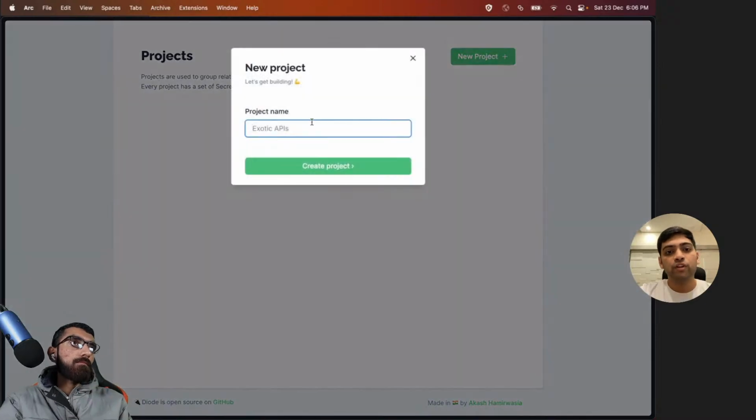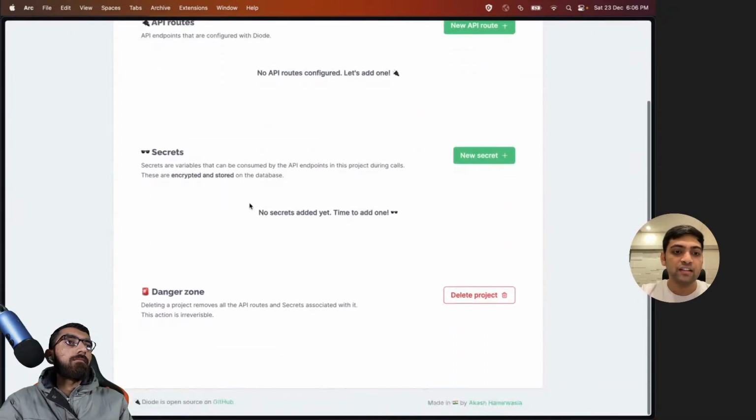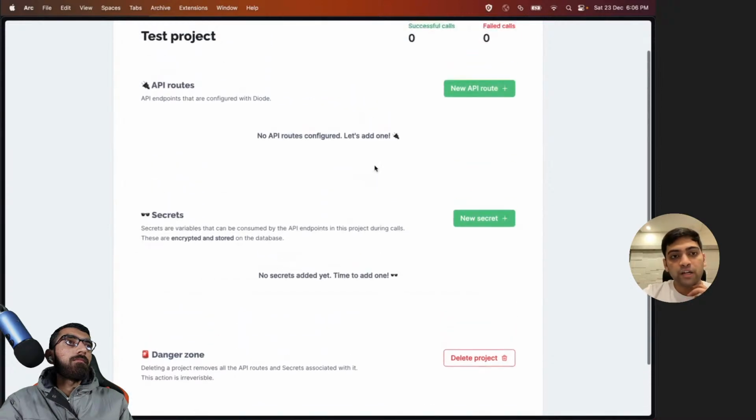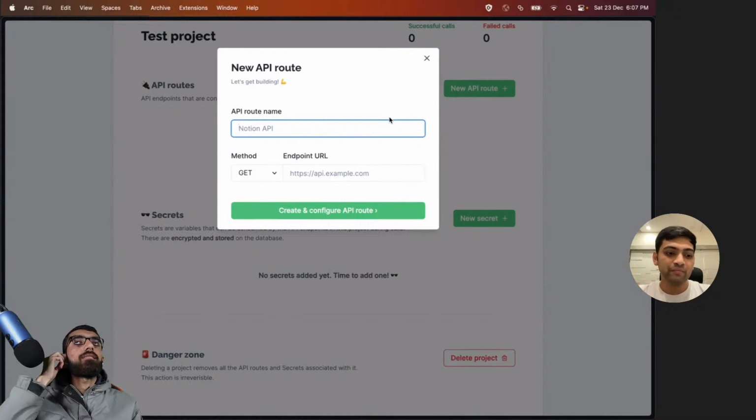secrets. For example, let's say I create a project called test, and if you have ever used, let's say, third party APIs, if you have used any Unsplash API, they would have provided you with a secret or an API key, which they would want you to include in your API request. And based on that, they can charge you or they can authorize you and allow you to use their service. But the problem is when you're using that API on the front end itself, then you would end up exposing your API key,